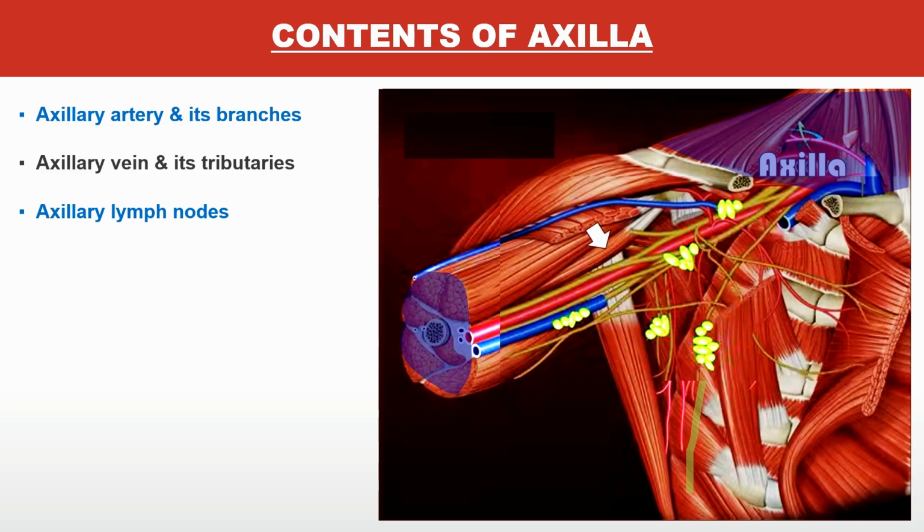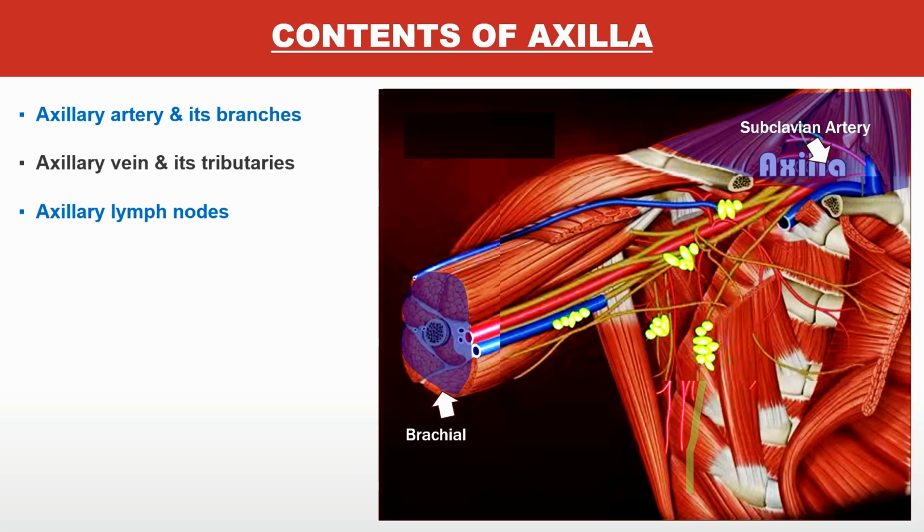So the axillary artery is only the artery that is present in the axilla. It is a continuation of the subclavian artery from the root of the neck. Okay? It is continued in the upper limb as the brachial artery, but only in the axilla it will be known as the axillary artery. Okay? So that is the only extent of the axillary artery. Similarly, the vein that is crossing the axilla, only in that part it is known as the axillary vein. Okay? Then you have the axillary lymph nodes.